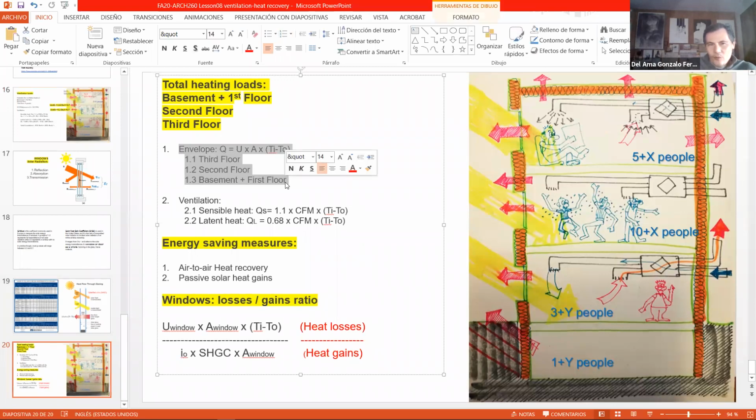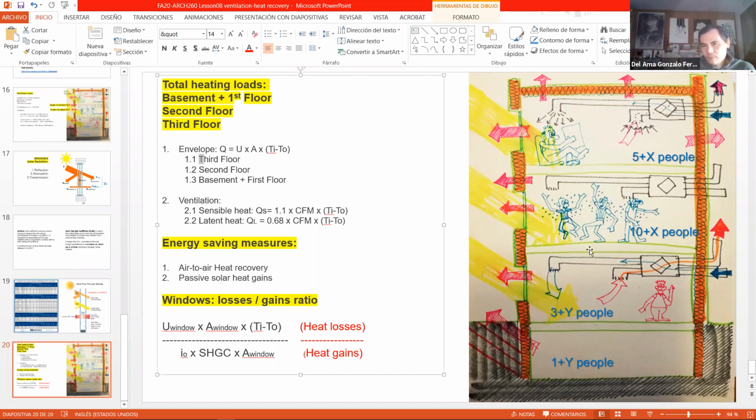Okay, but now I want you to do this in a different way. So you will calculate the heat loads. You have already calculated the whole building heat loads, but now I want you to go floor by floor. So if we have this floor here, the third floor, on the third floor you have to include the wall area, the window area, and the roof area. But on the second floor, you only have to include the wall and the window area because you don't have any roofs. And here you have to calculate the wall, window area, and the basement,